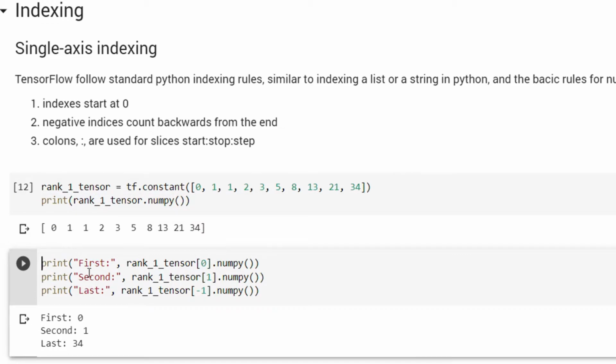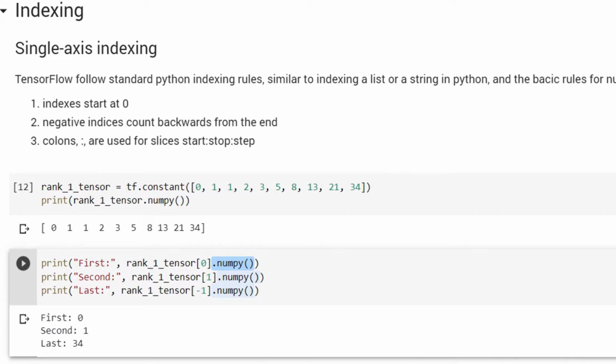So if I want to print the first value, it is to be done by rank 1 tensor 0. So 0 is the index of the first value, second value is index 1, last value is index -1. So -1 means the last element of the tensor. If I remove this dot NumPy function, then these values will be printed as a tensor.